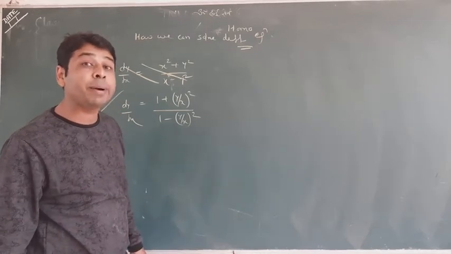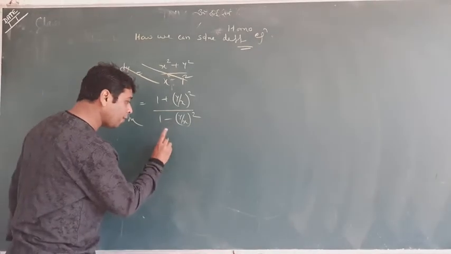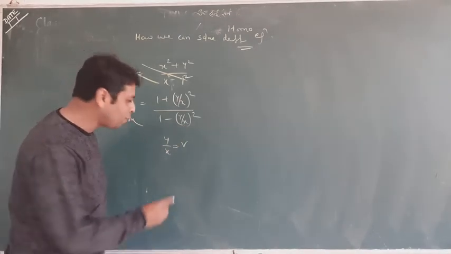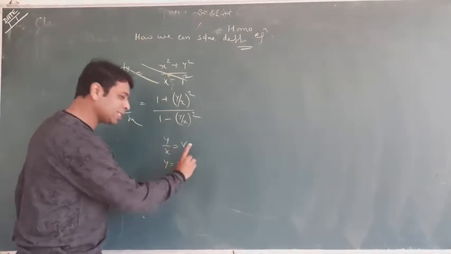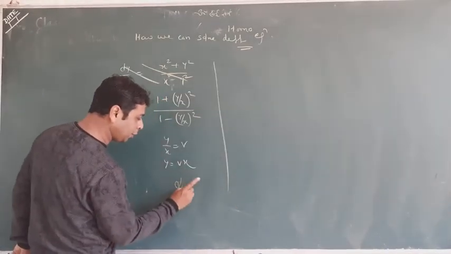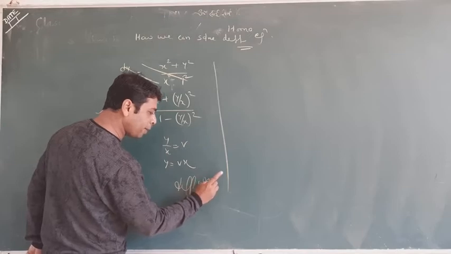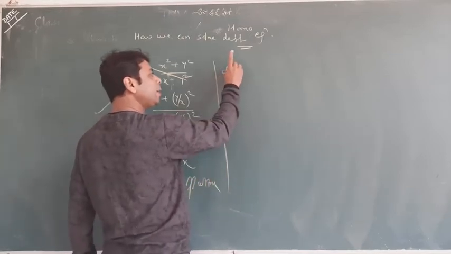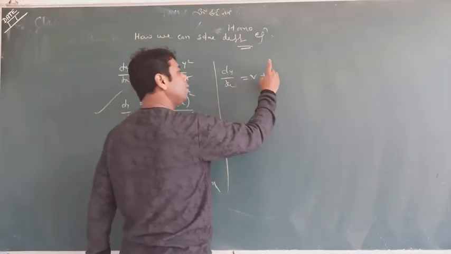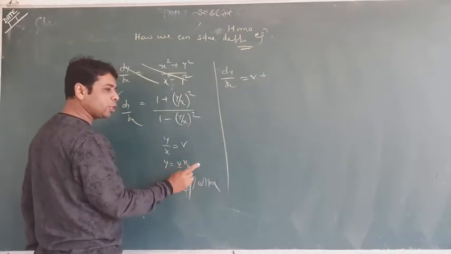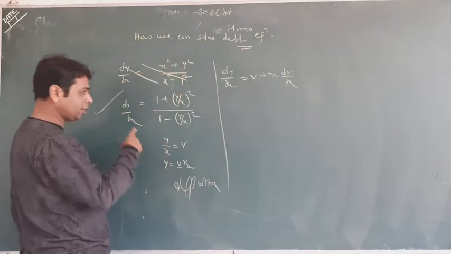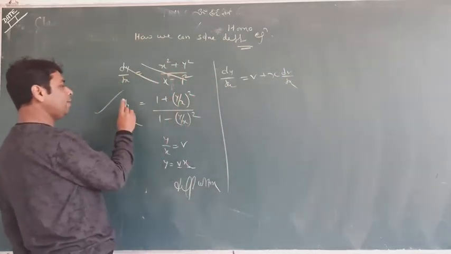Whenever y by x is coming in the question, you take y by x equal to v and start. Y by x equal to v, so y equal to vx, and do the same differentiation, differentiate with respect to x. This is going to be dy by dx equal to, we have a two-function product v times x. First function differentiated, second is 1, plus second function times differential of first, dv by dx, and change this one. So along with dy by dx,